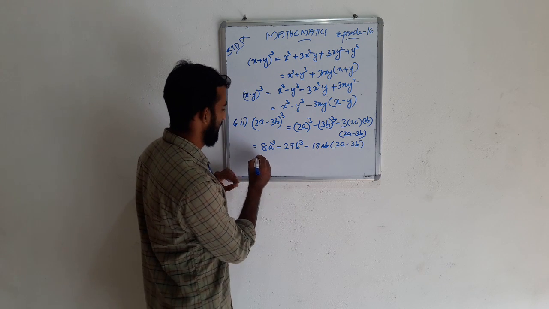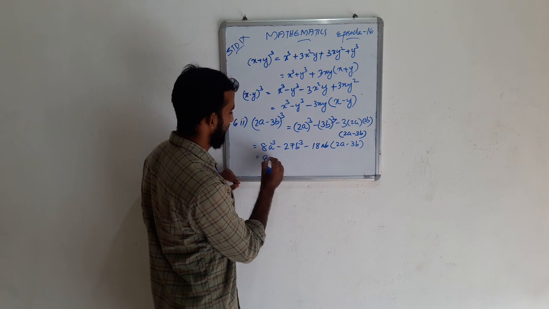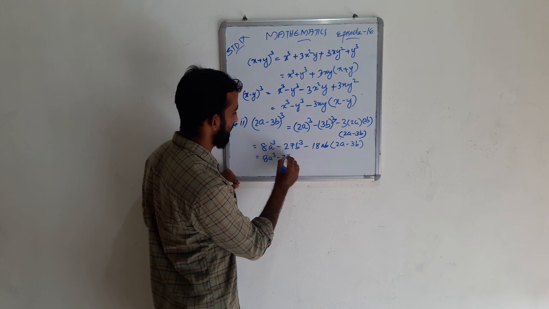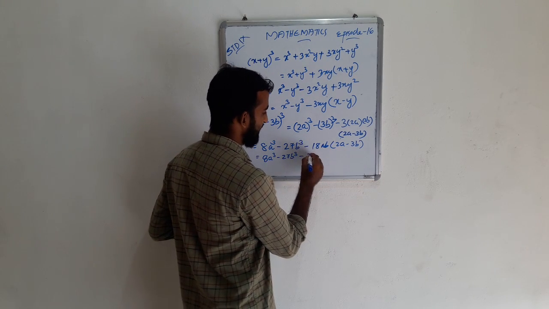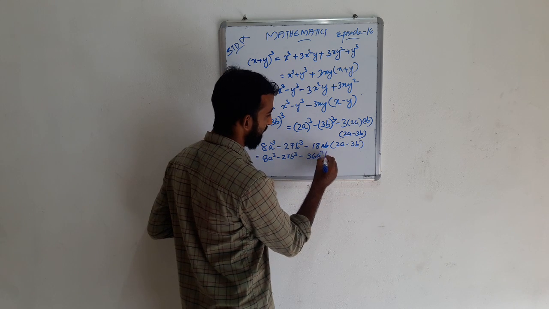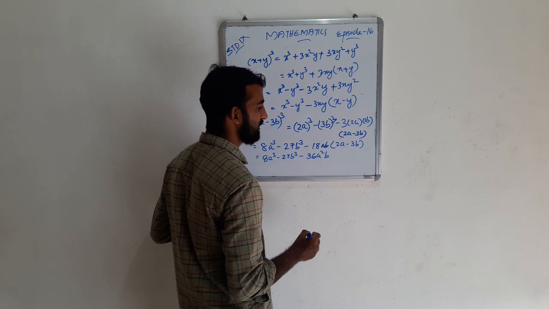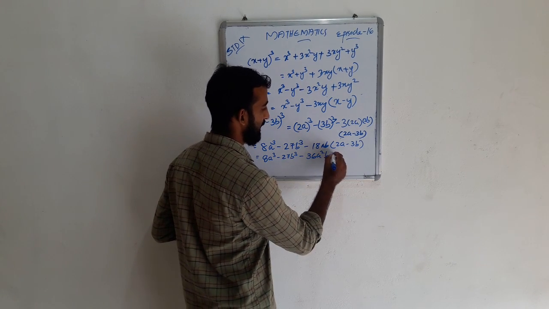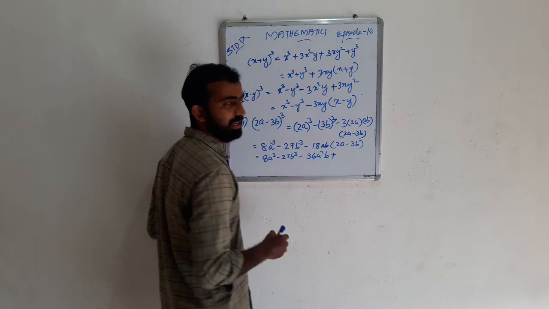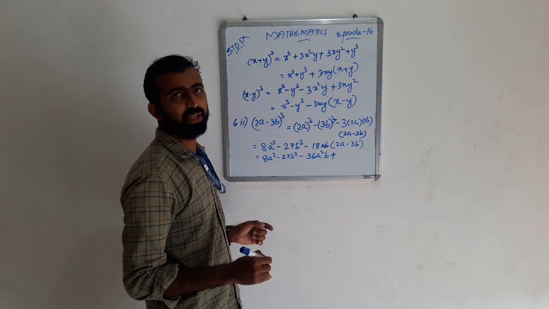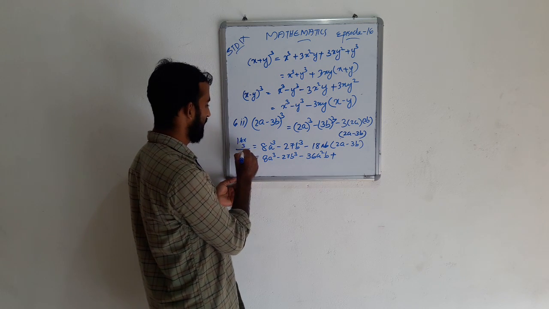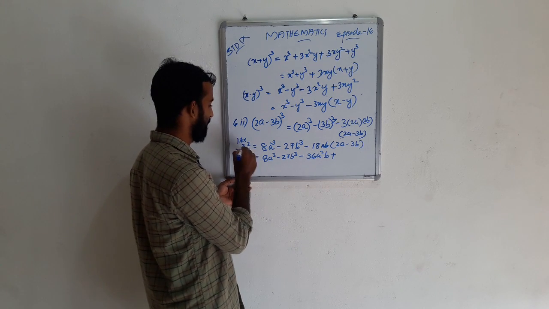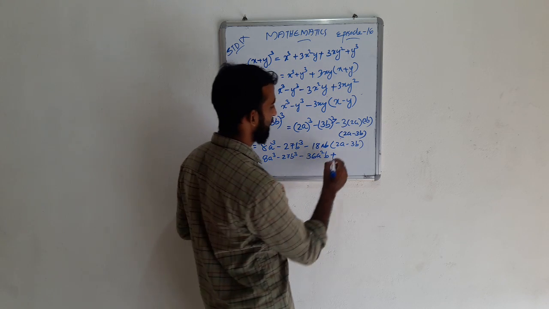That is 8a cube minus 27b cube minus 36a square b, plus 3 into 18, that is 54